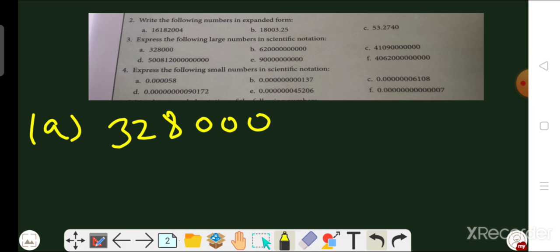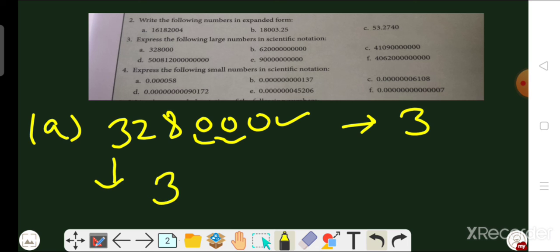Firstly we have to count the number of 0 in the given number, and that is 1 2 and 3. How many zeros are there? 3. Then we have to write the left one digit, and that is 3, and then we have to put the decimal point,